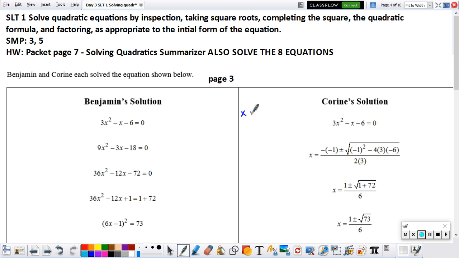The quadratic formula, if you have forgotten, is x equals negative b plus or minus the square root of b squared minus 4ac